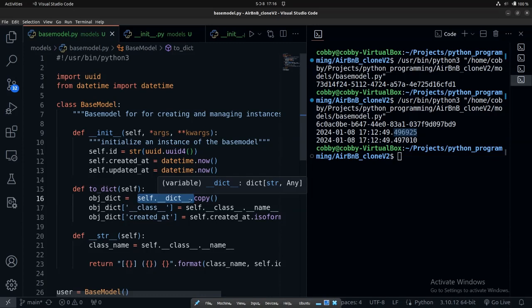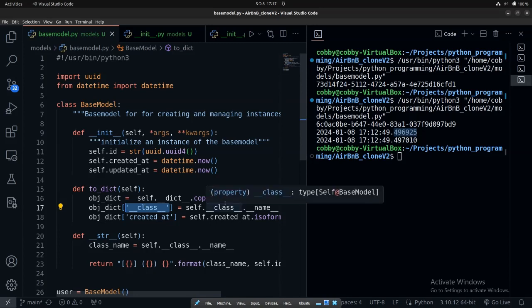And then after creating the copy of it, now that dictionary version we have, the key of that dictionary, right? Create a key. We are creating a key inside it called class, right? The dictionary is a key value pair, and that class is a key. The value, I don't think we have done the value now. So we are creating a key, and then we are saying that that key is equal to the name of the class that was created